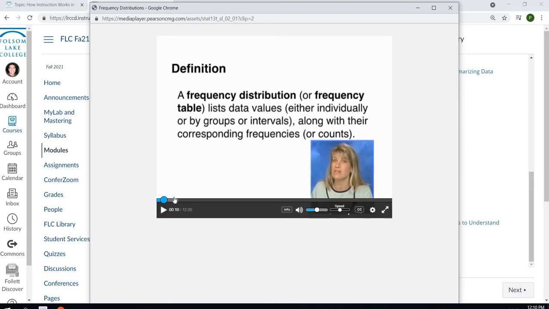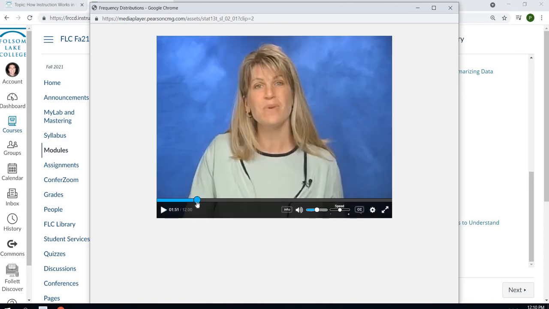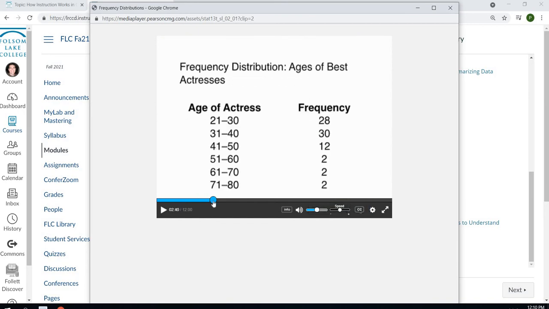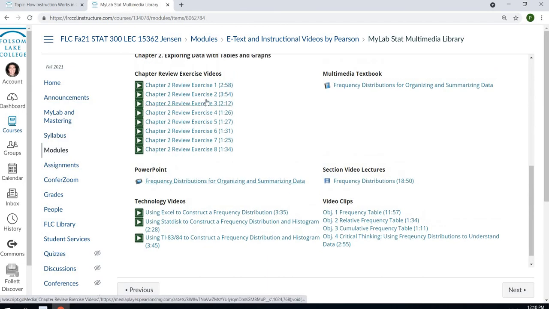So you can see that you're going to get a lecture, right? And this is a live video with somebody talking and explaining the different concepts, and maybe it would help to hear it in a different voice other than my own. And so these videos are here in video clips. They have PowerPoints to walk you through it, but they also have